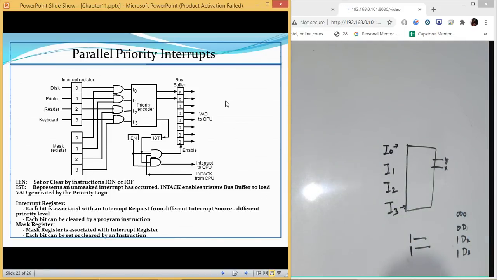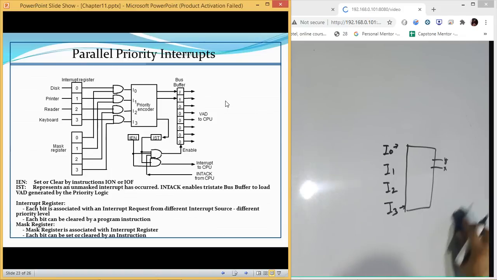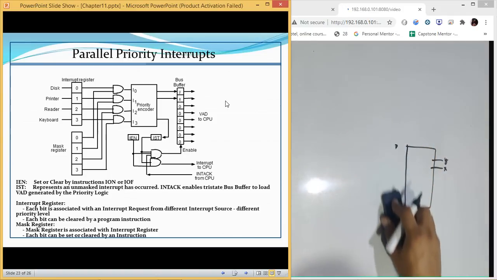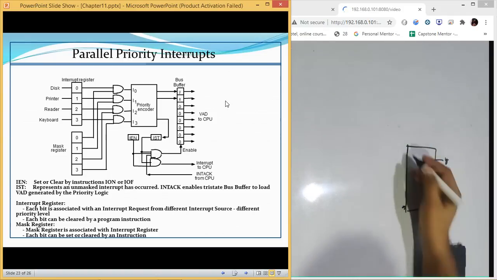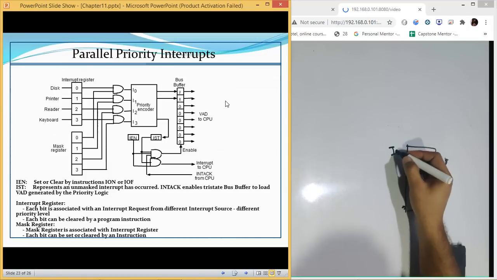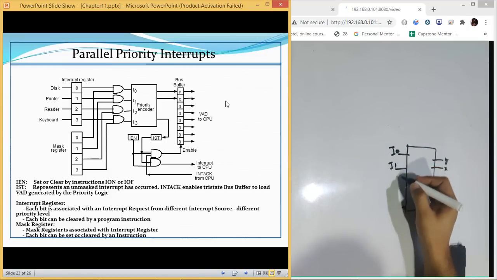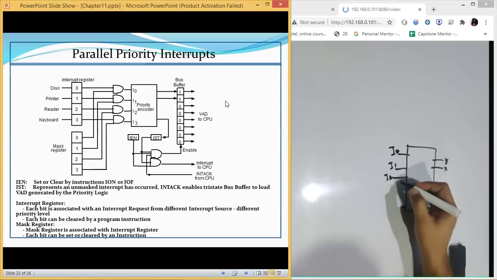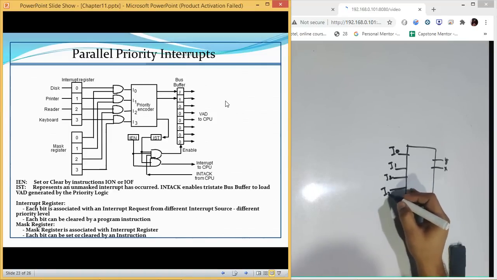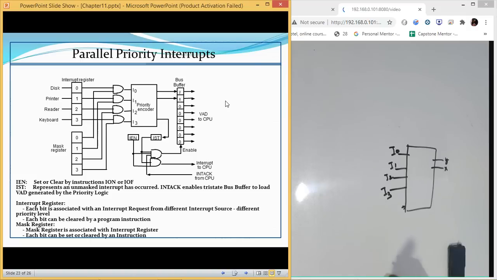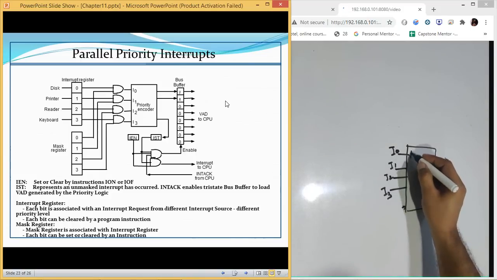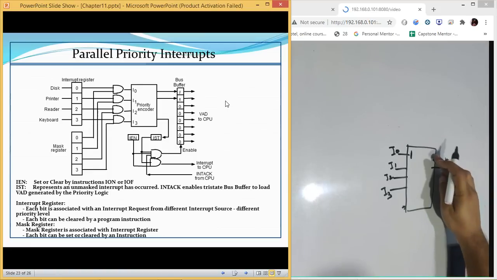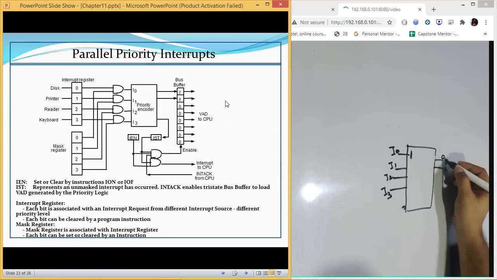So in this case, we are having four inputs I0, I1, I2, I3. If this value is 1, then the address which we are going to load will be 0.